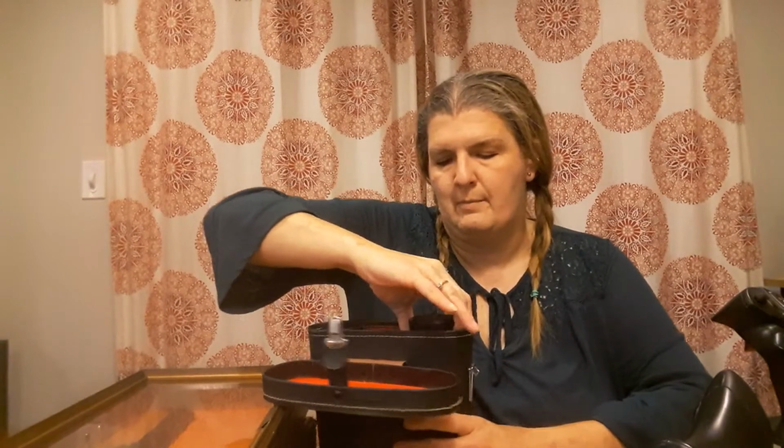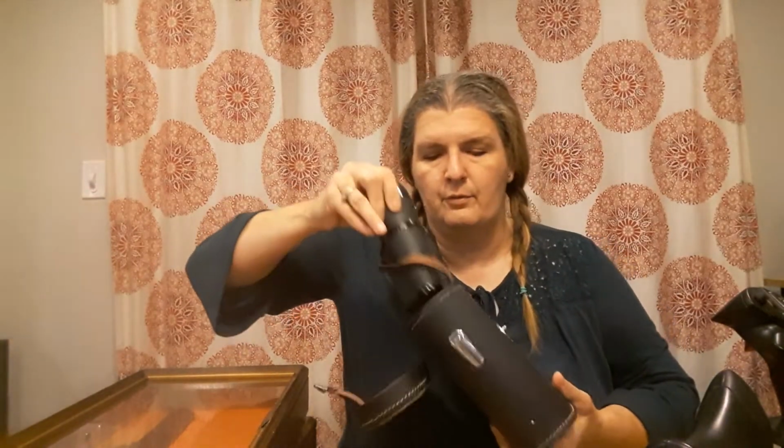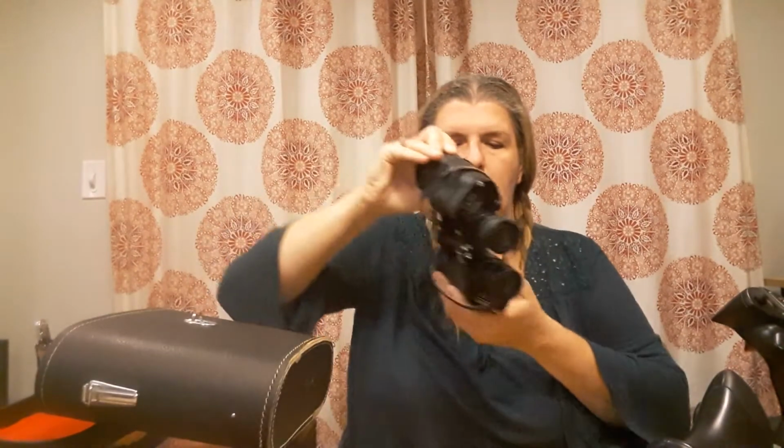Whenever we come across binoculars, we always pick them up. They do really well. If you look at it, the turnaround is really, really good. But the really neat thing with this and why we picked it up is that not only does it have